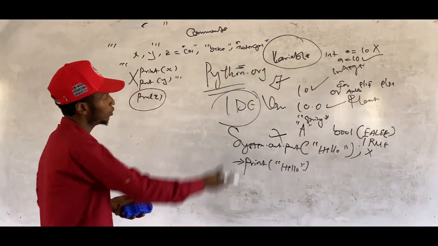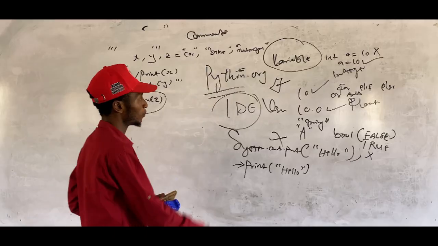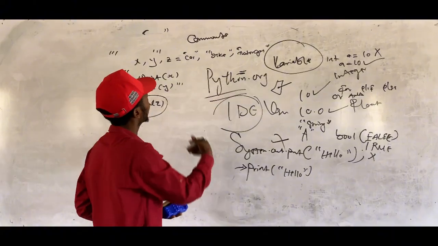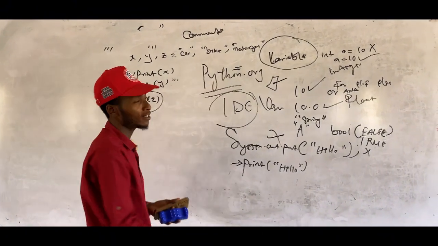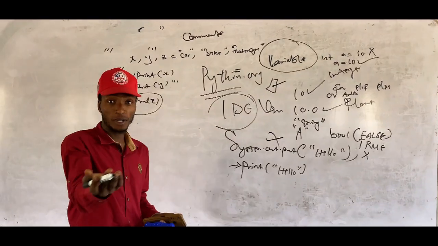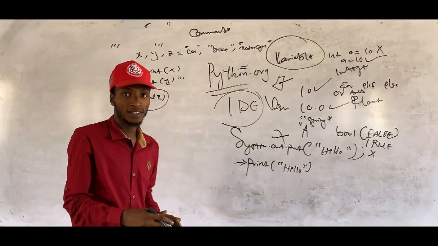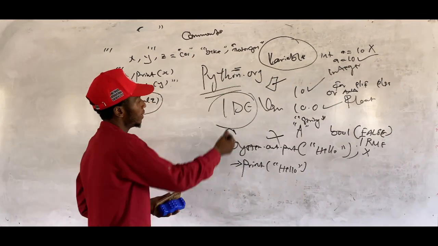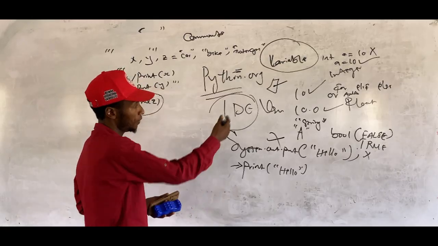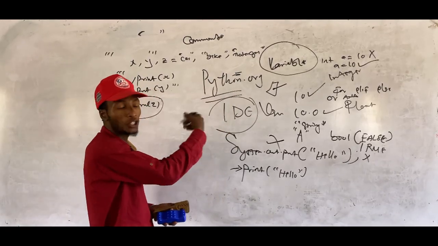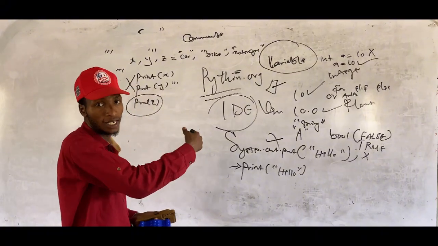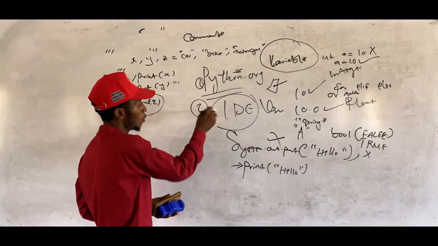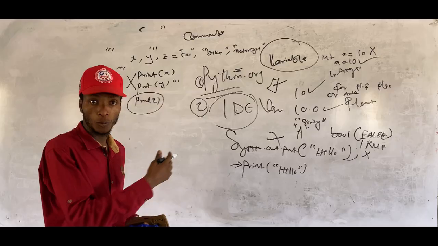So at this junction, let me just briefly summarize what we have discussed today. We introduced Python for you guys, and this is the official site where you can download Python. After downloading Python, install it on your system. There is documentation on how you can do that on this site. Then you have to choose your IDE, either VS Code. While choosing VS Code, you just need to download the extension. Just search for the Python extension. But after you have this installed, then you go for this. Then we have other IDEs like PyCharm and Jupyter.